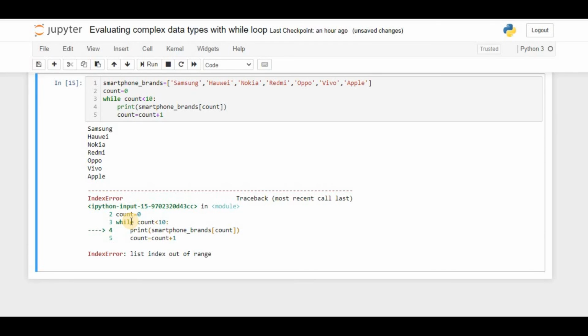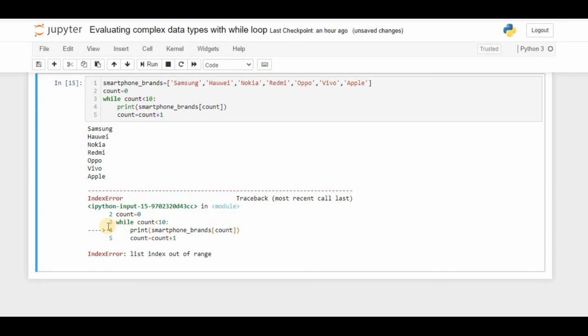This is why, when iterating over a list using a while loop, we have to make use of the length variable of the list, the length of smartphone_brands, which is 7. We need to ensure that the value of the index is always less than this length in the condition of our while loop. And in this run no error is thrown. So it should be clear to you now that there is a little more work we need to do when using this.